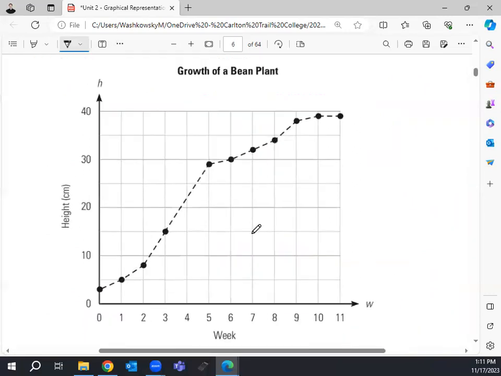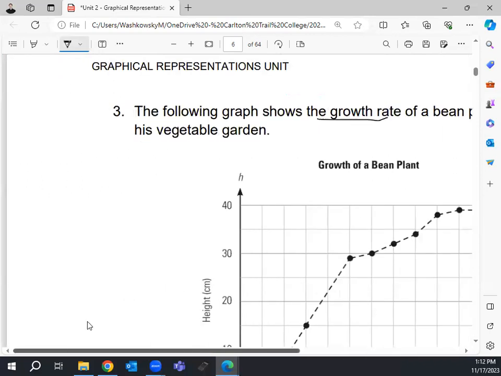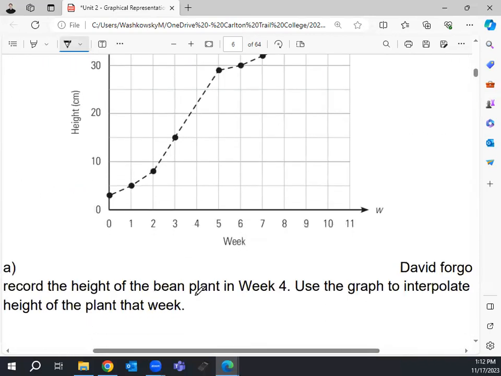So what we see here is a graph that shows the height of a bean plant over time. What's going to happen when you plant a seed? The plant's going to grow bigger and bigger, right? If anyone here has ever had a garden, you plant a seed and boof, it comes up. Unless you're like me and you kill every plant you touch. So we have a graph here that shows the growth rate of a bean plant that was planted in a garden. What we can see here, though, if you look at week 3 and 4, this little section right here,